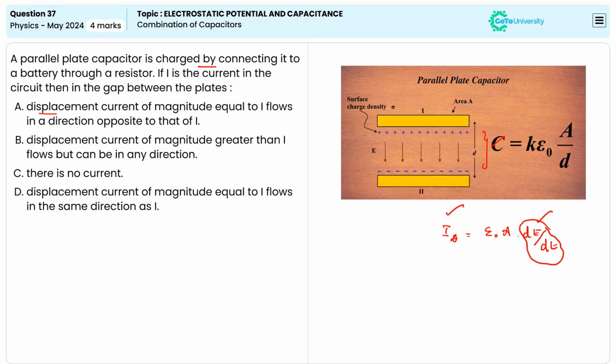So we can say this displacement current will be equal in magnitude to the actual current in the circuit, and will flow in the same direction as the actual current, because it is caused by the charging of the capacitor, because of the electric field only. So we can say the displacement current's magnitude will be equal to the actual current I, and it will flow in the same direction as well. Based on that, we can say the correct answer here will be option